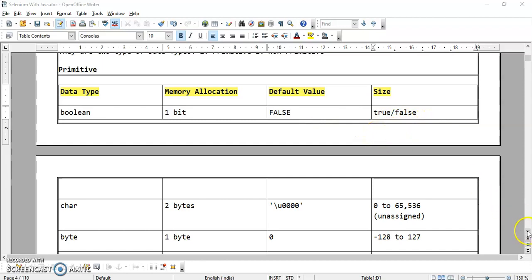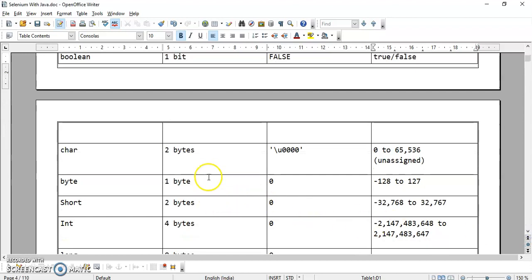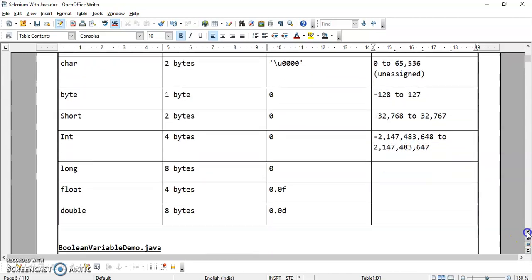If you go for char, it takes 2 bytes of memory allocation, and the range is 0 to 65,536. If you consider byte, it takes 1 byte, and the range is -128 to 127. If you consider short, it takes 2 bytes, and the range is from minus 32,768 to 32,767.